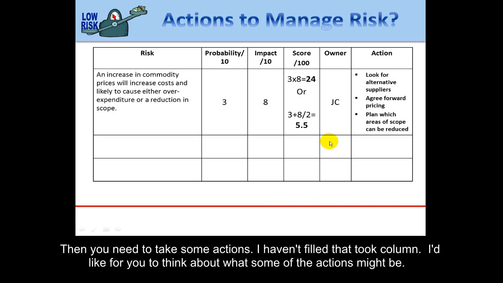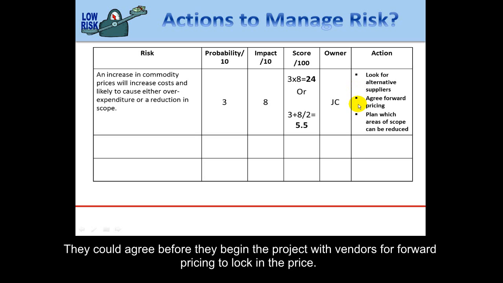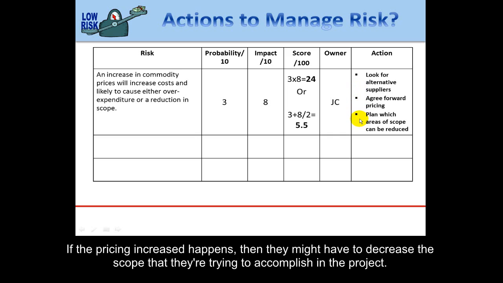Okay, here's what I have come up with, and there would be numerous other ones that you might have identified. They could look for alternative suppliers if certain suppliers increase the prices. They could agree before they begin the project with the vendors for forward pricing to lock in the price. Or if the pricing increase happened, then they might have to decrease the scope that they're trying to accomplish in